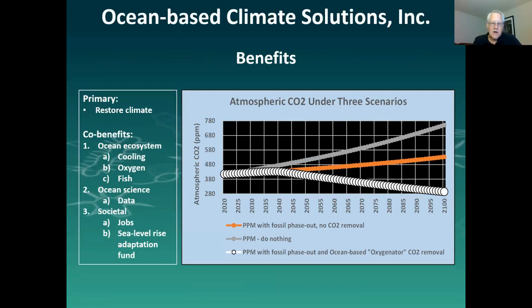So how would it work? Well, with widespread deployment, we think we can bring atmospheric CO2 under 300 parts per million by 2100. And there's some great co-benefits: cooling of the upper ocean, more oxygen, helping the fish populations, great amount of data for the ocean scientists, creating jobs, of course, and we'll also be developing a sea level rise adaptation fund using a portion of the profits